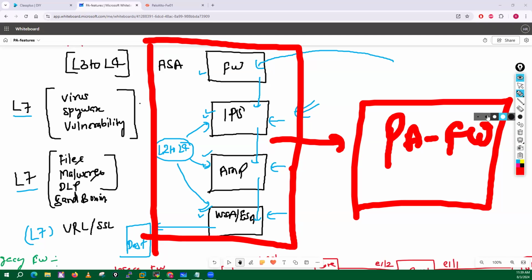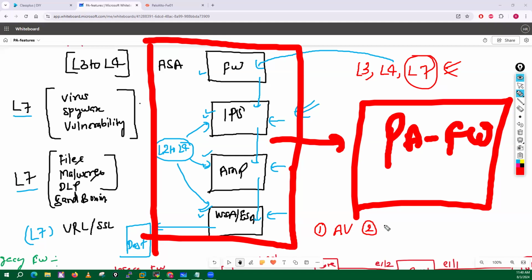Means now your Palo Alto firewall is providing protection on the basis of layer 3, layer 4 and layer 7 as well. And because Palo Alto supports layer 7 protection, it has a couple of very cool features like antivirus protection, anti-spyware protection, vulnerability protection,